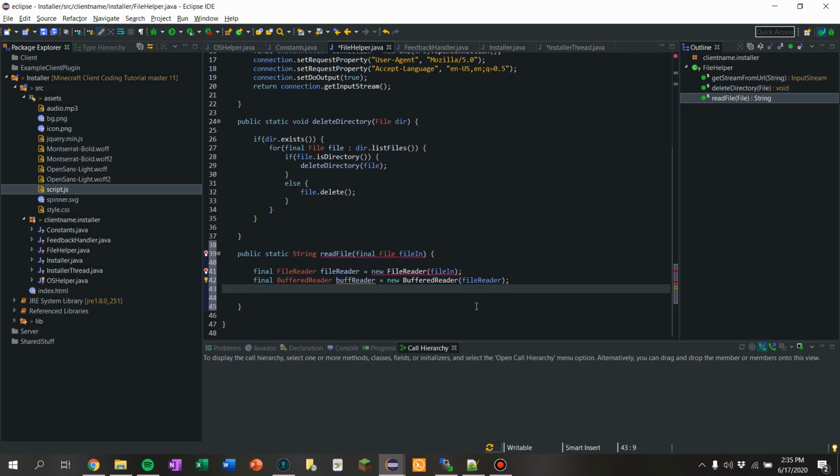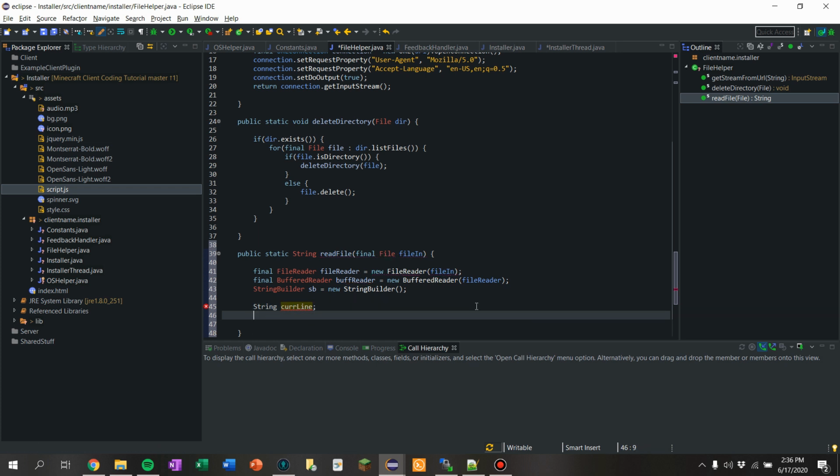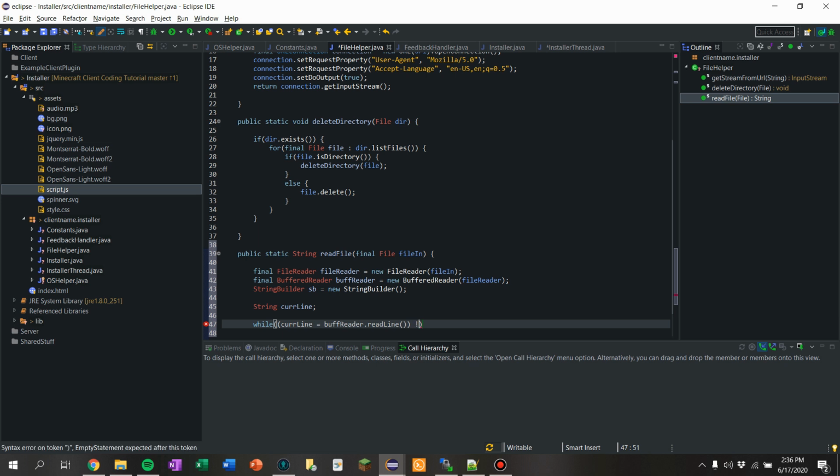Then we're going to want a string builder. Not buffer, string builder. What's called SB is new string builder. String current line. We'll do just a while loop. While current line equals buff reader dot readline does not equal null,